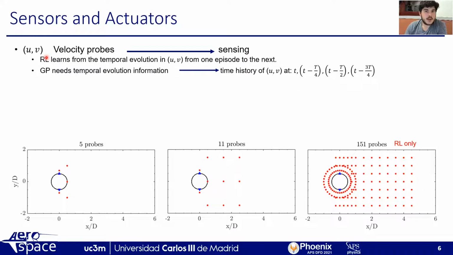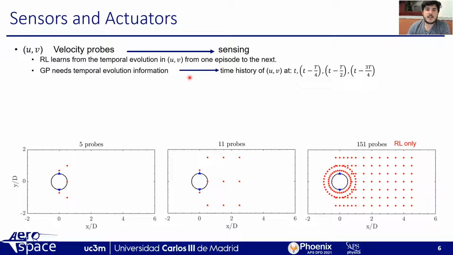For reinforcement learning, by its nature, we are keeping the temporal evolution of these sensors. That means that when we are passing from one episode to the next one, we are adjusting the model, we are adjusting the agent, and we are somehow keeping the information from before, but also we are learning from the future due to the expected reward. In the case of genetic programming, this is not happening because when we evaluate one individual, it has nothing to do with the other ones commonly. So we are not tracking the time history, or temporal evolution, of our sensors.